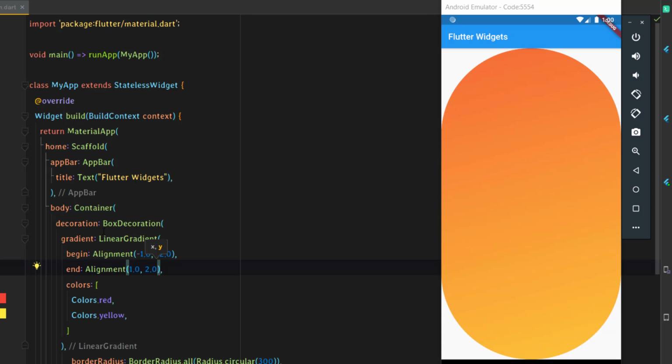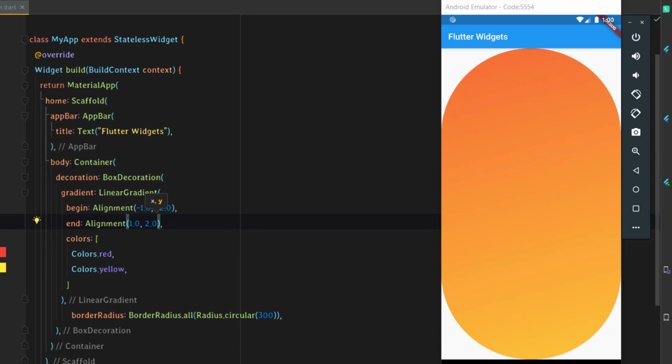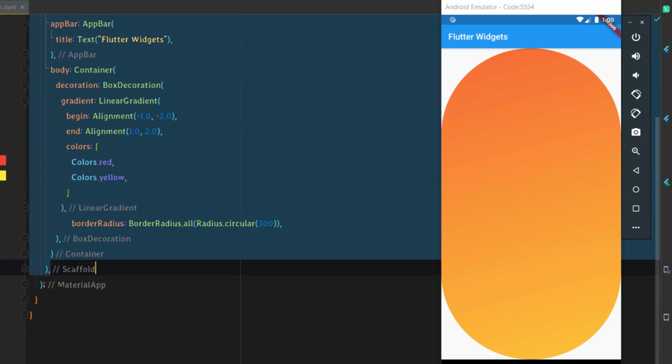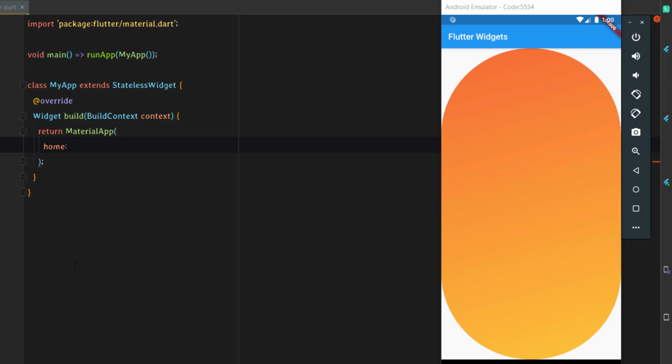Now once we are done with this container, we can go with the next one, that is a column basically. So what we can do is we can remove this scaffold from here, the whole scaffold, and to add this column we'll first create a container. Just create a container.